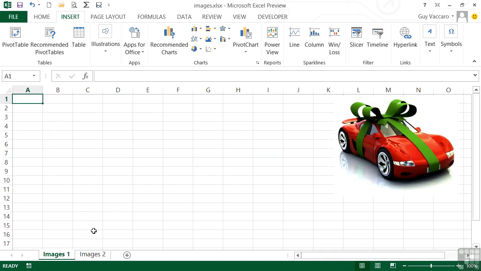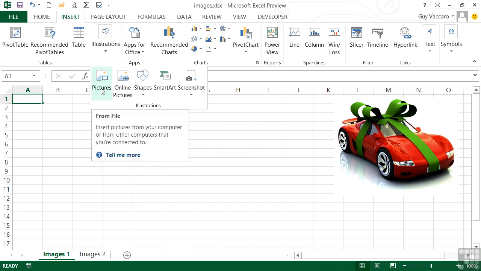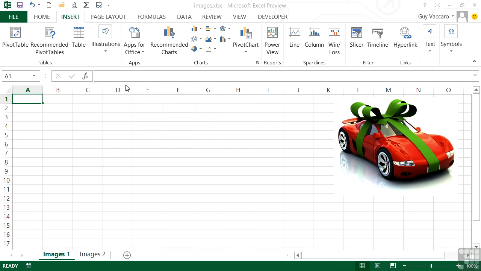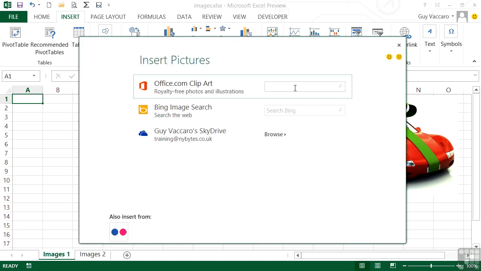Now, if we want to add our own images, we do that from the Insert ribbon and Illustrations. And then in the pop-out, we have the choice either of Pictures, which is pictures we have on our own machine, and that will cause a dialog box to open for you to browse for the picture, or we can choose Online Pictures, which will give us a choice of the Office.com clip art. So the whole of Microsoft Office clip art is available to you, or a Bing image search, and that will